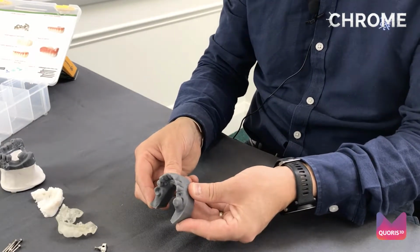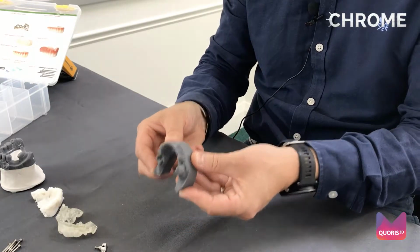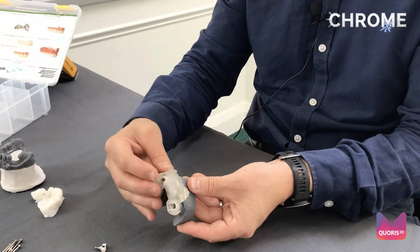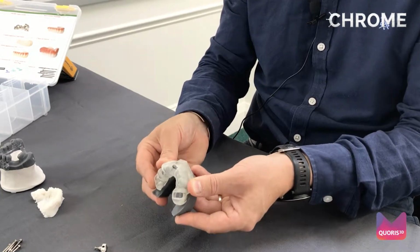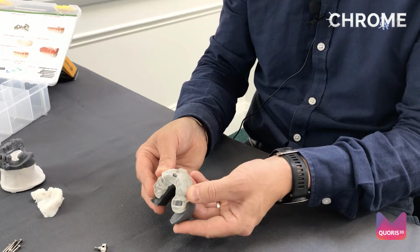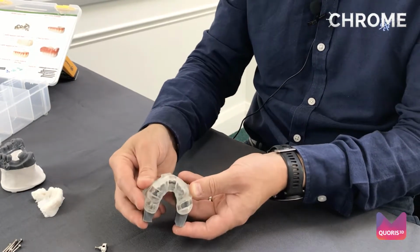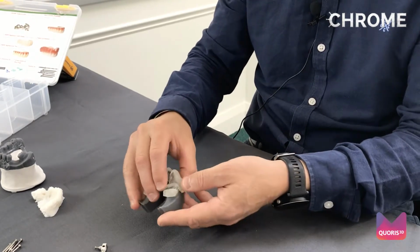So as you know, it's now a dentate, part dentate maxilla. And the first thing we're going to do is check that our pin guide fits. This is extremely important, as if the pin guide does not fit securely, your fixation base will not be in the accurate position. So you check this through the windows that are positioned, and once you're happy that this fits,